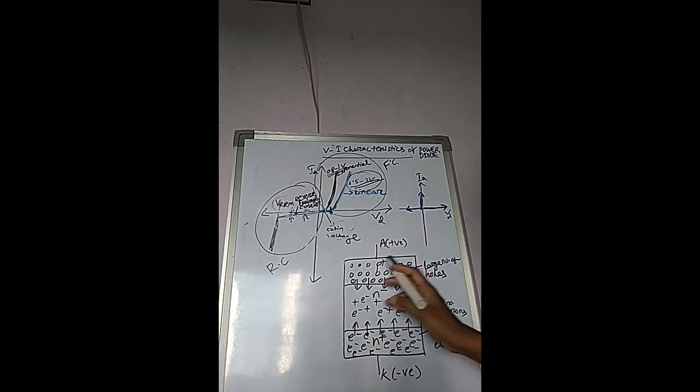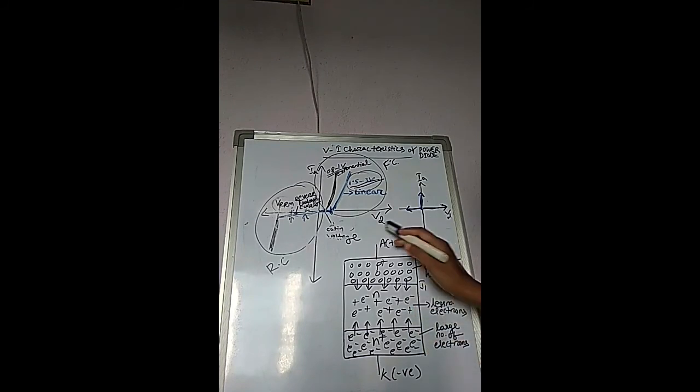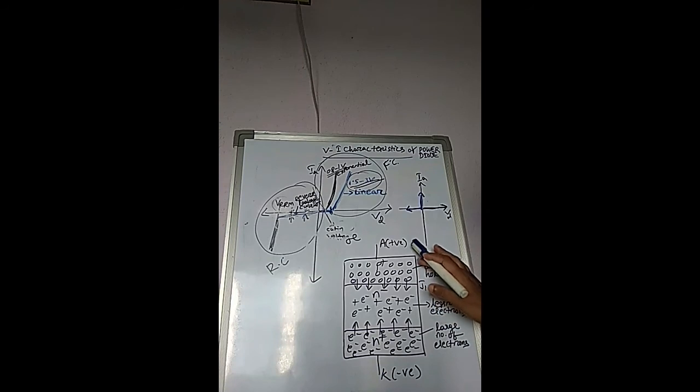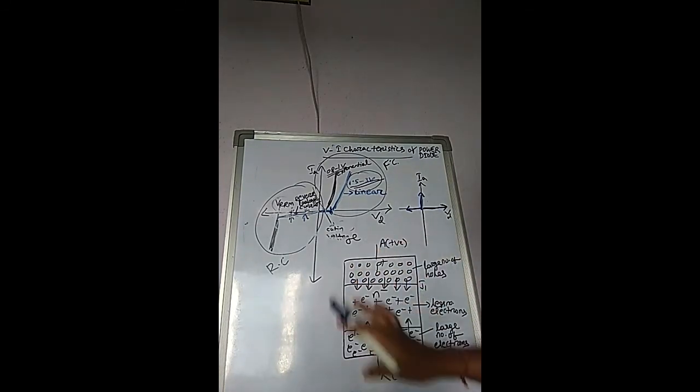To withstand this large breakdown voltage in this PN junction, there is a large width of the N minus layer and also a large width of the depletion layer. Understood clearly? And also this power diode is capable of operating at high reverse voltage. It has the high reverse voltage capability in the case of a power diode.